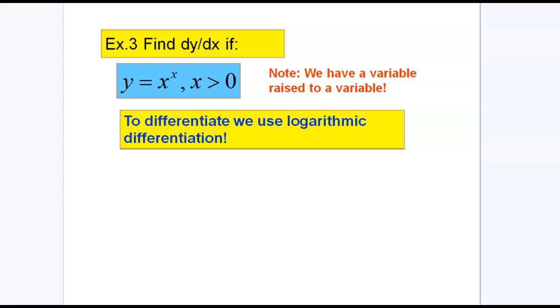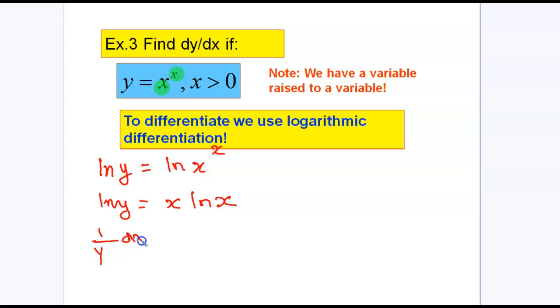Okay, in this particular case, we have to use what's called logarithmic differentiation because this question has a variable raised to a variable. So the first thing I'm going to do is take the natural log of both sides. And using my rules for logarithms, my exponent can come out front. And now I'm going to take the derivative implicitly. So on the left-hand side, I'm going to get 1 over y times dy dx